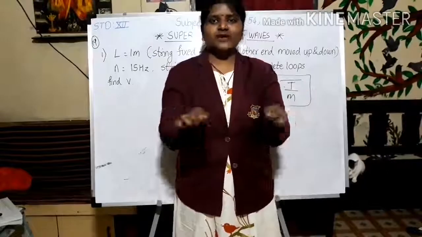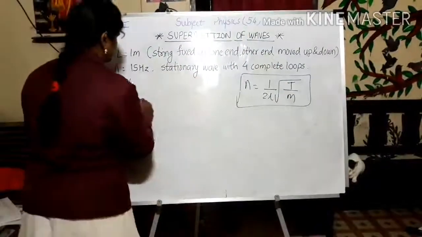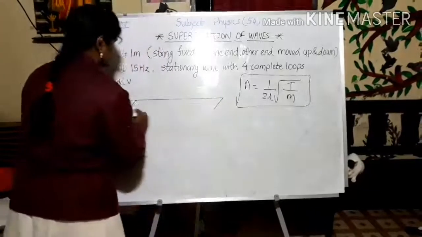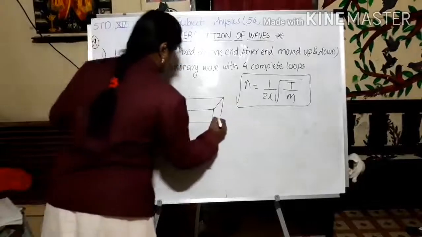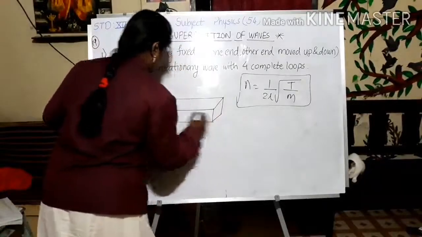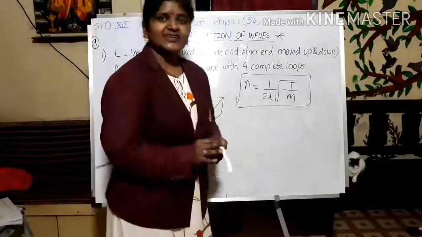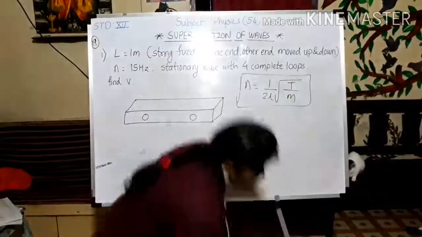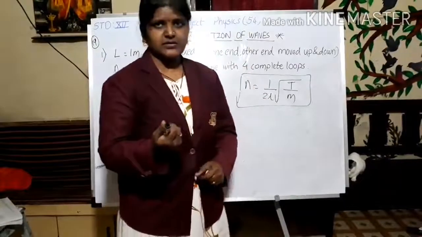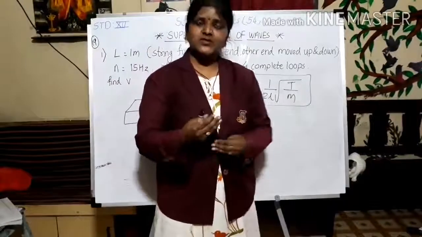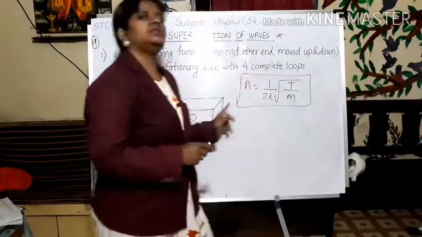You can move that bridge. I will draw a diagram of the same so that you will get the idea. So suppose this is the sonometer block, and here was the hole through which air can blow, right? So it creates the natural frequency, and when we apply the tuning fork to it, it gives the artificial frequency. When both match each other, it creates resonance. That is the basic concept behind this.